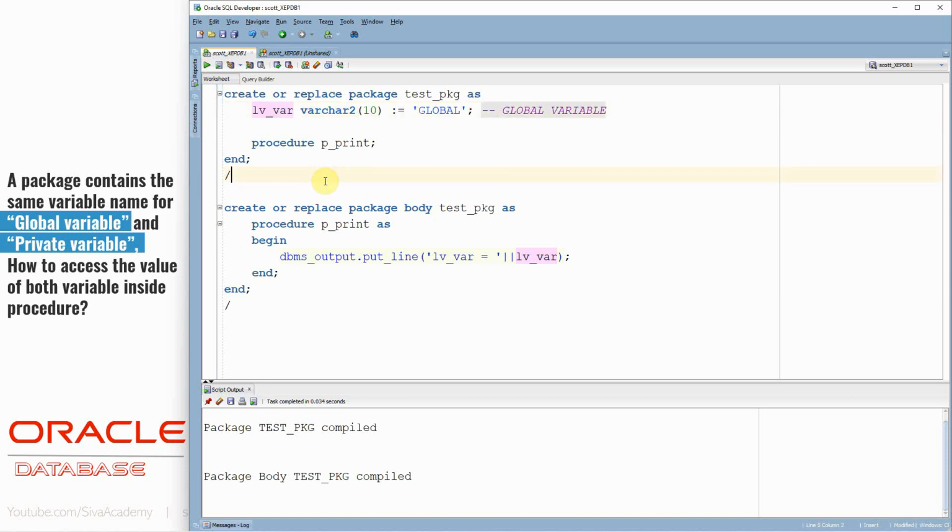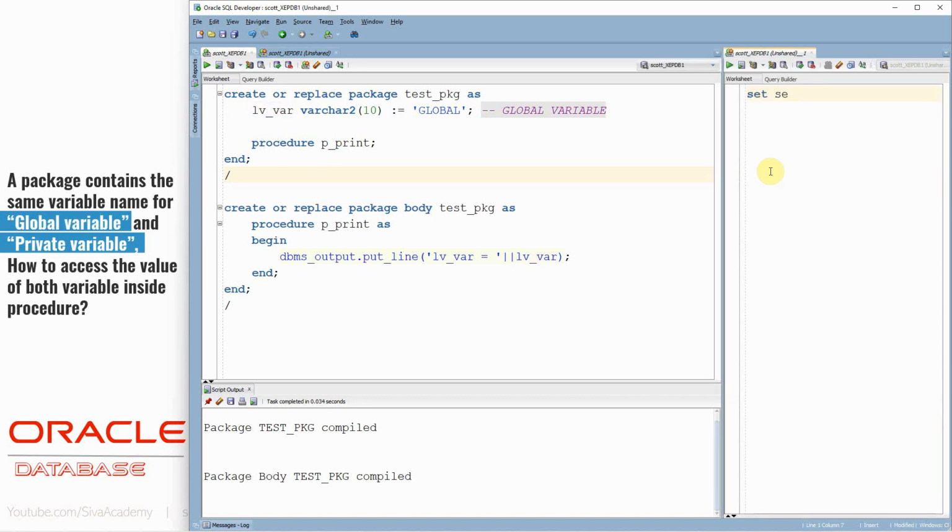Fine. First let us try to access the value, then we'll come back to the private variable. Let us try to execute the procedure. Let's say the package name dot procedure name, right?